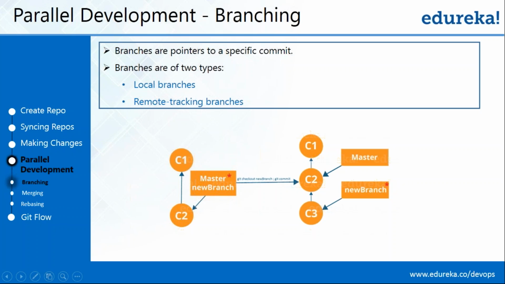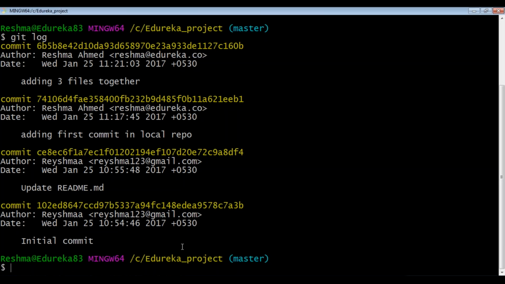Now I'll also tell you that there are two kinds of branches. There are local branches and remote tracking branches. Your remote branches are the branches that connect your branches from your local repository to your central repository, and local branches are something that you only create in your workspace that is only going to work with the files in your local repository. So I'll just show you how to create branches and then everything will be clear to you. So let us go back to our Git bash,